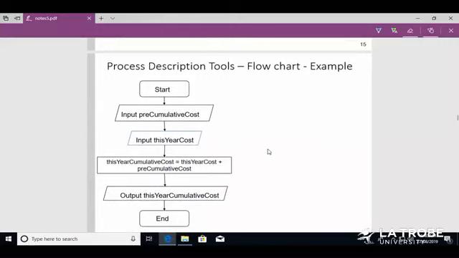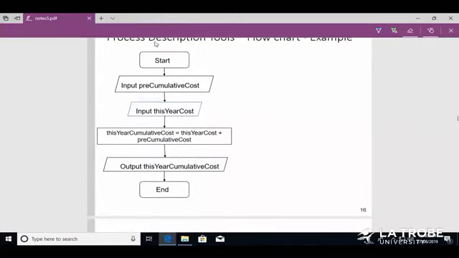Another example. As we said, this will start from the start, which is that rectangle with a rounded shape. I have now two readings. One, I need to read the input cumulative cost, and I need to read the input this year cost. So I have the previous year, and I have this year. That means I have two values. In order to calculate this year's cumulative cost, it equals this year cost plus the previous cumulative cost,